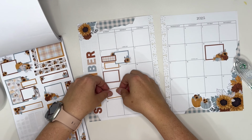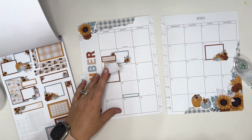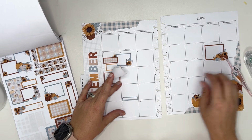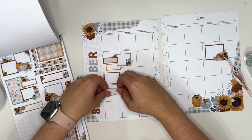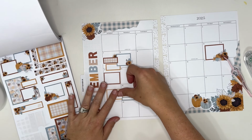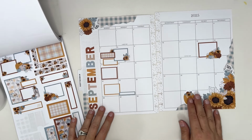All right, so this, I'm going to say, actually, we're going to raise the corner of that back up because I really should have the little sticker on top of the bigger sticker. So we're going to bring this down and over just a little bit so those kind of layer. And then